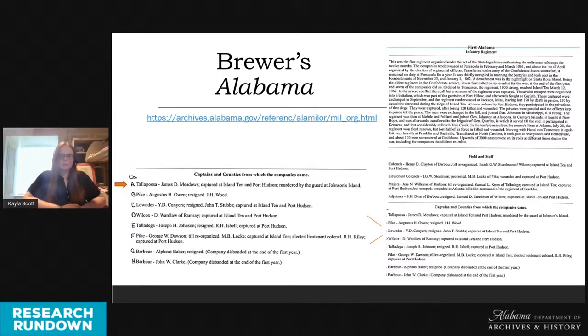These companies are listed in the order of regiment organization. So if you look at a list of the companies, you can count down A, B, C, D, and know that Company A was organized in Tallapoosa County, Company C was organized in Lowndes County, etc. I've handwritten the company letters on the image to the right to illustrate how this works. As an example, if you find records for someone who served in the 1st Alabama Infantry, Company H, you can look at this list and see that this company of the regiment was organized in Barbour County. This can not only give you information about where a regiment is from, but can help you narrow down what regiments and companies would be most likely for your ancestor to have served in.